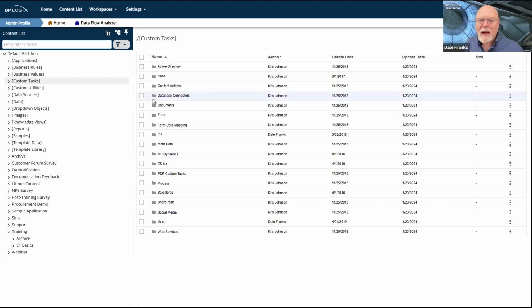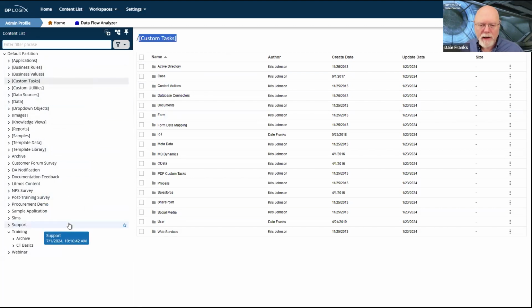The custom tasks should all be placed in the root level of your partition, in a folder named Custom Tasks with a set of square brackets surrounding the name. This is the general convention we use at BP Logix to get them to sort together at the top of the content list. Any of what we call system folders, of which custom tasks is one, we put inside square brackets so they all show up at the top.